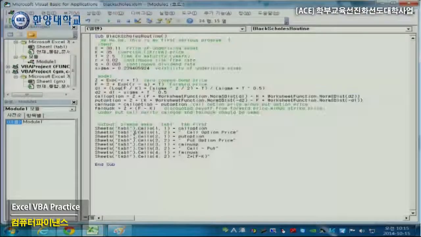Okay, so this is output. In row 1, column 1, I write down call option price, and in row 1, column 2, I specify this is put option price. And then if I run this one,